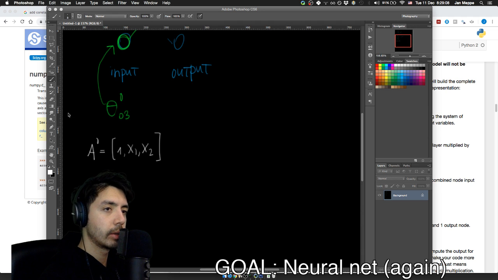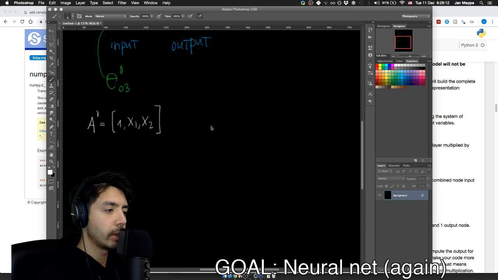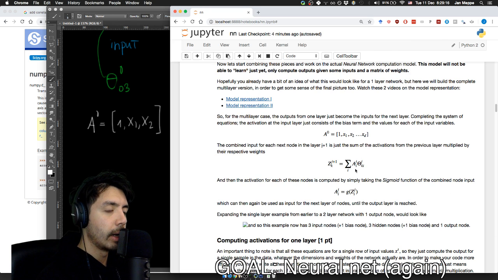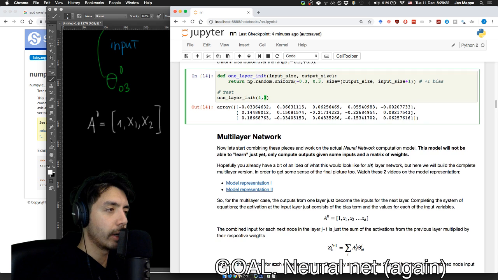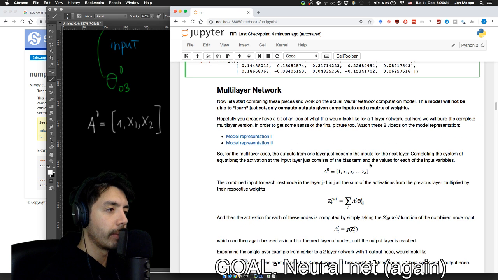Let's see over here, if Photoshop decides to cooperate. But now we have to be careful. We have to be extremely careful about the weights, right? So this is a two-layer neural network, and so